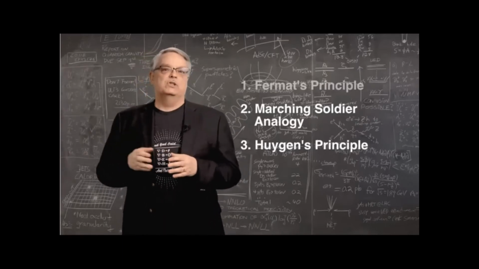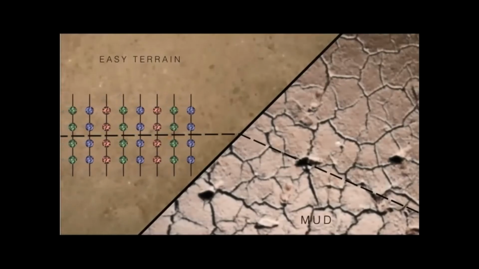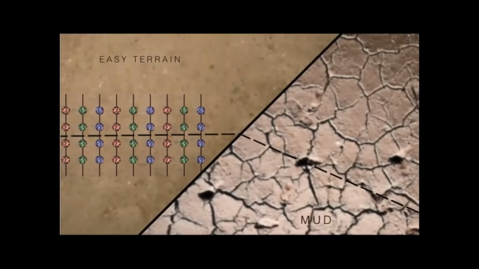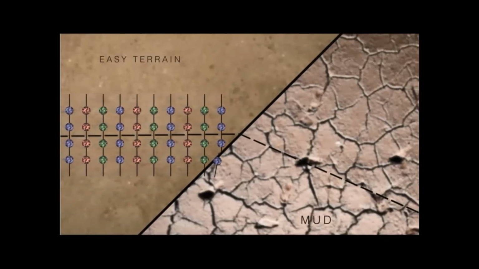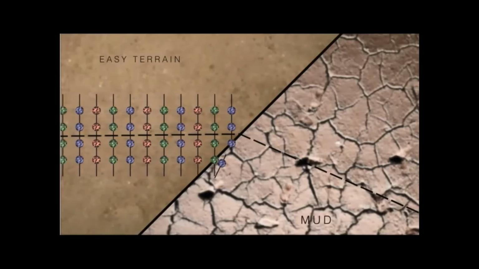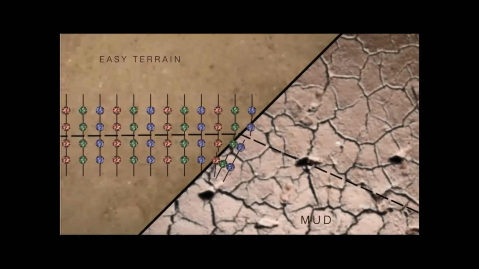Let's look at the second option on the list. A very common explanation used to teach why light bends involves soldiers marching over firm ground, but then who encounter mud, although not all soldiers hit mud at the same time. The idea is simple. The first soldier who encounters the mud cannot move as quickly as the rest of the soldiers, so he slows down.